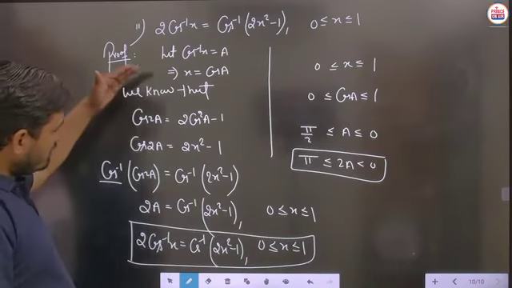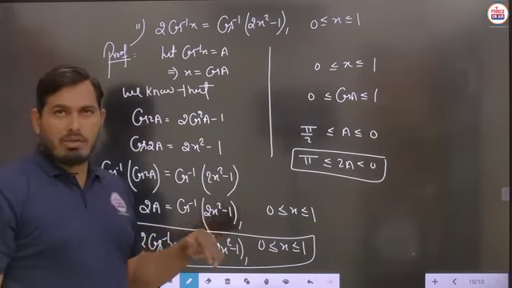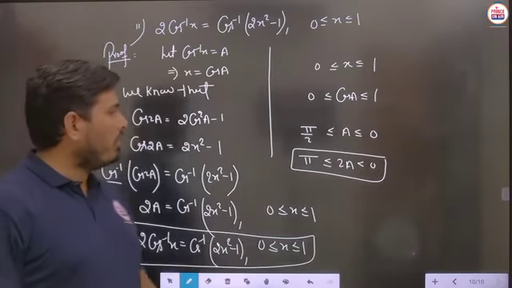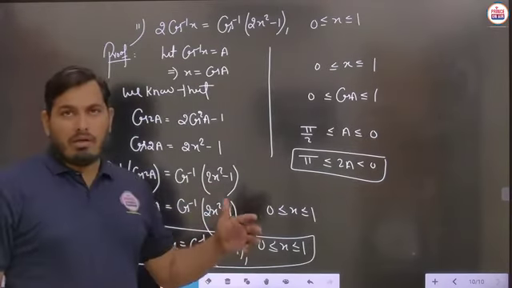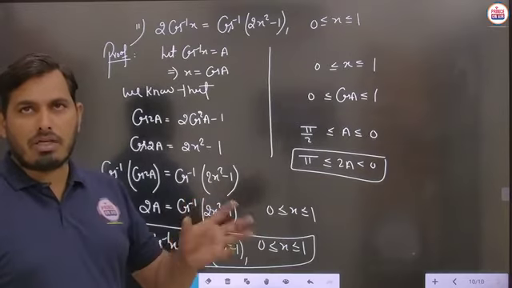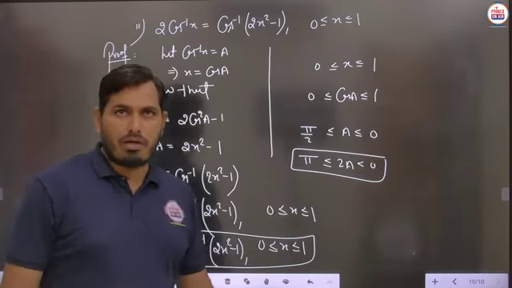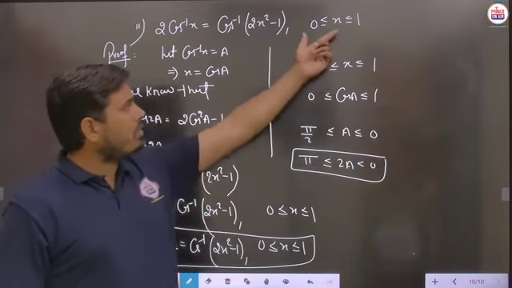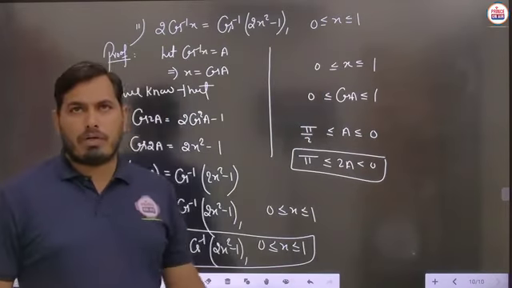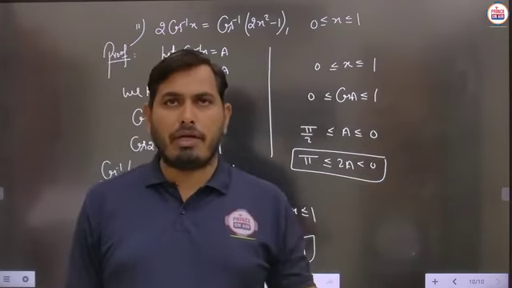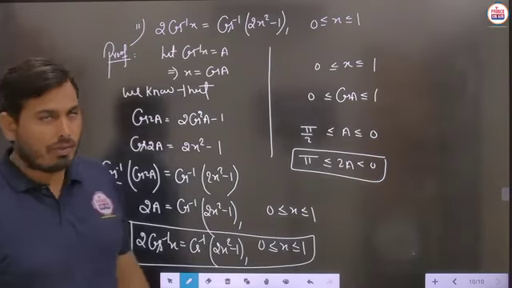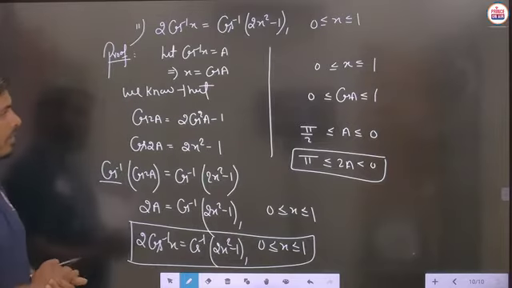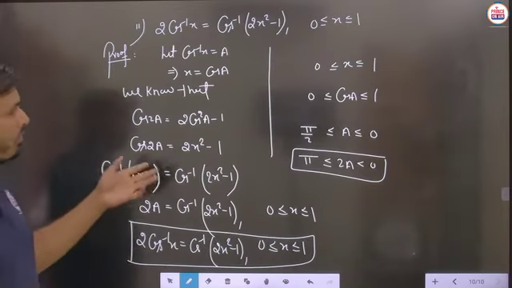Again, the situations are to be the same in the proof of each and every property, but we have to know the formulas of cos 2A, sin 2A. Next we will take tan 2A. Then each and every formula section is very important for us. So now you have to just remember the situation for this particular part. This is to be taken from 0 to 1. Is it clear? Now the next part we have to take here. Students, before that, pause the video to note down the proof of this second part.